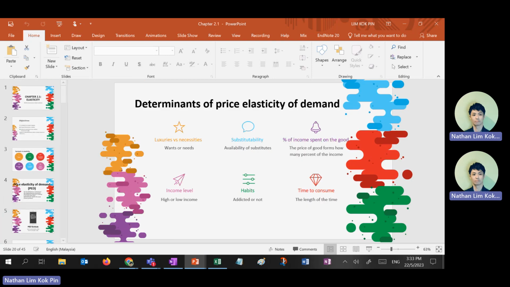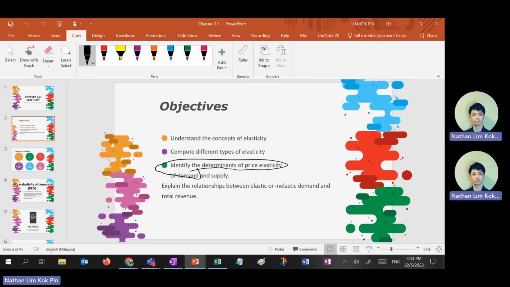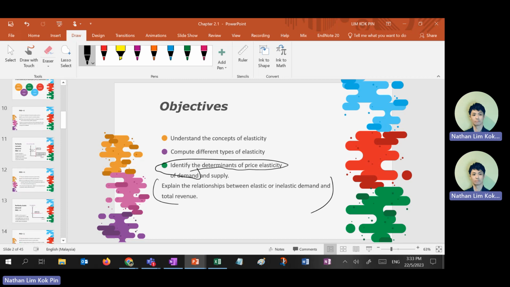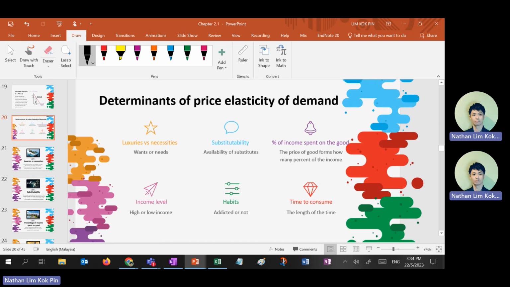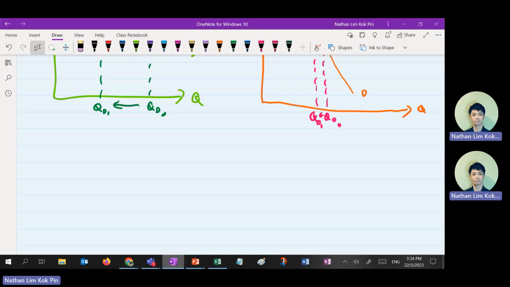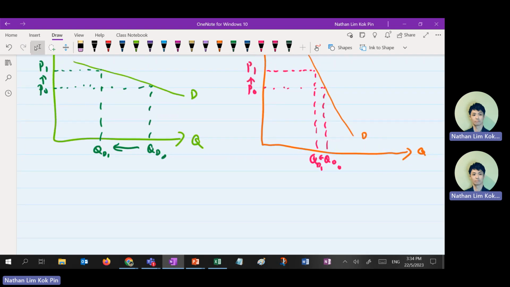No? Okay. Today we're going to cover the PED determinants only, I believe. If we have time, we will move on to PES. And also today we're going to talk about the relationship between elastic and inelastic demand and total revenue. Okay? So determinants. Before I talk on the determinants, ladies and gentlemen, please seriously write down,